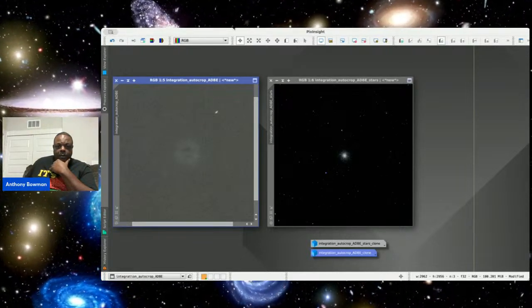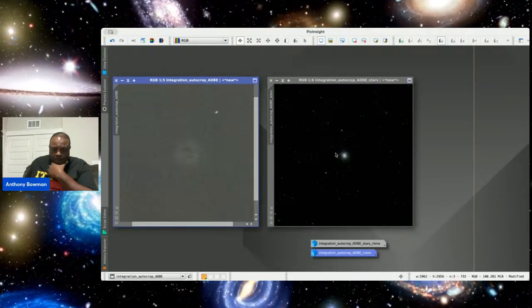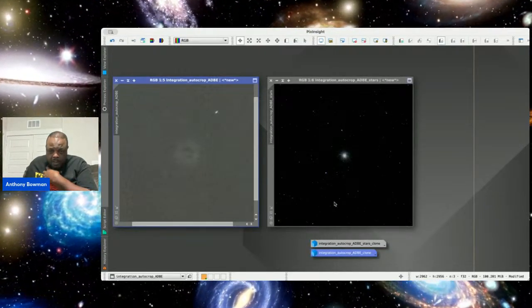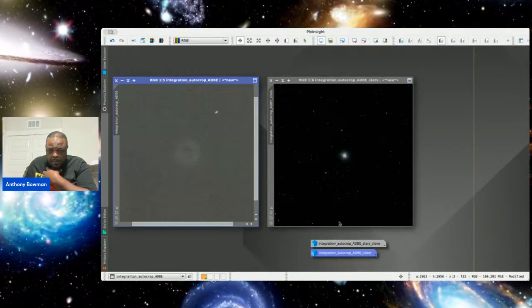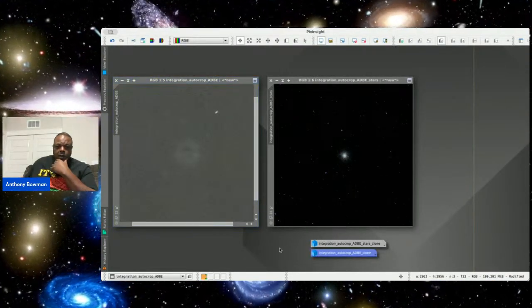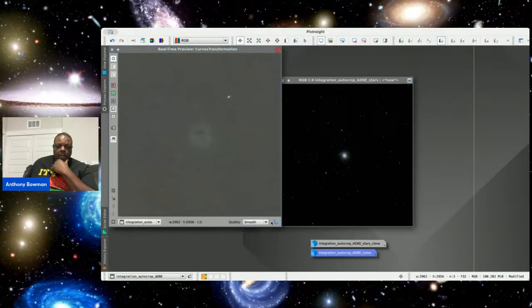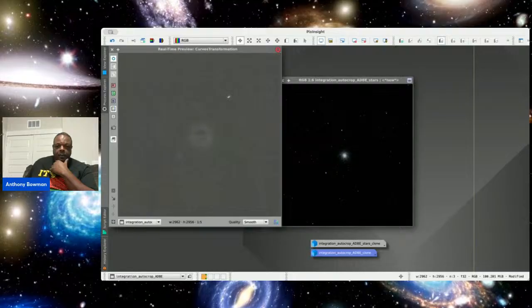So I would go into what's called curves transformation. And that's how you can adjust your colors and make your background darker, or more light. However whatever you'd like to do. Add colors, whatever you'd like to do.